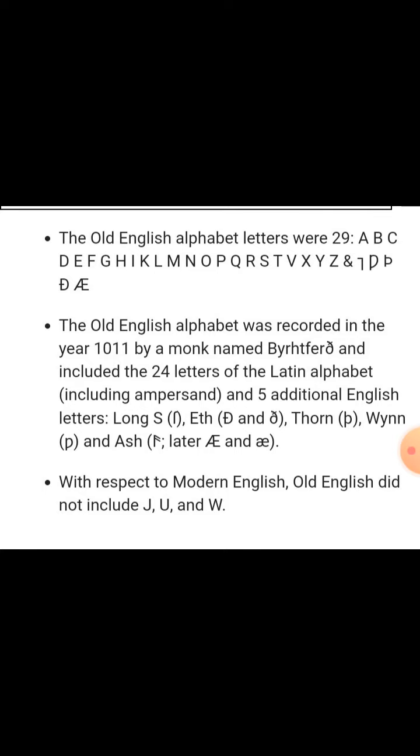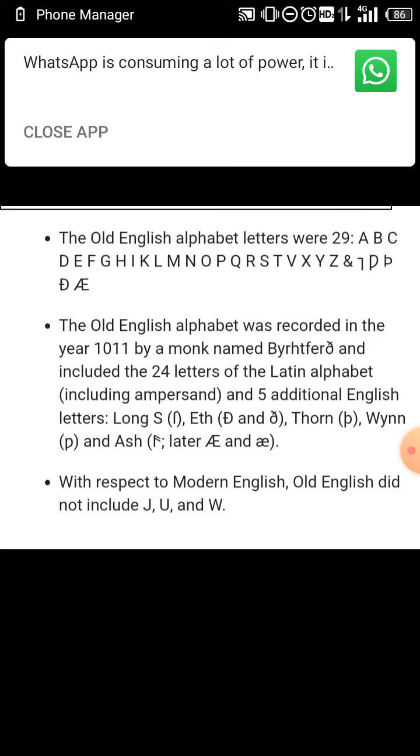The Old English alphabet was recorded here in 1011 by the monk named Byrhtferth, and it included the 24 letters of the Latin alphabet, including the ampersand, and 5 additional English letters, long S,